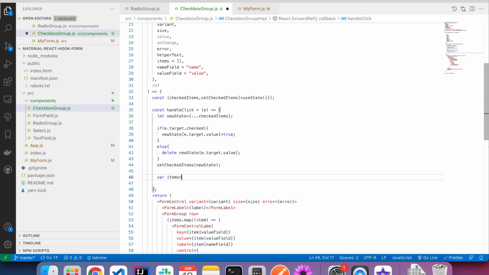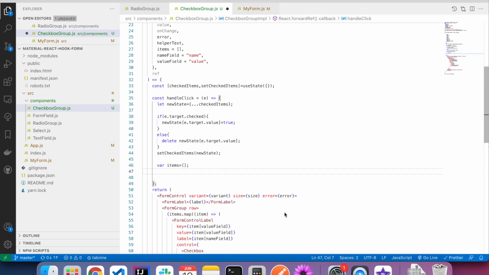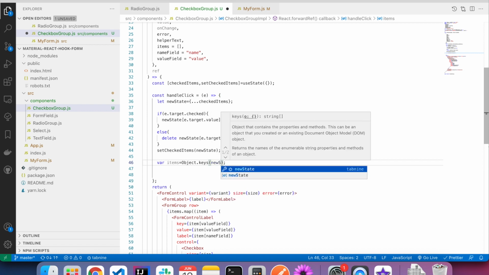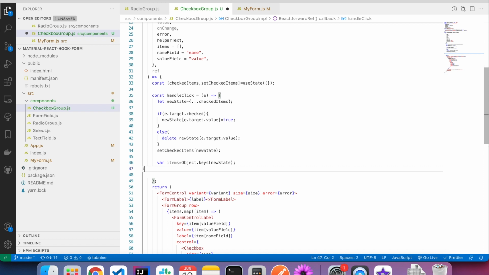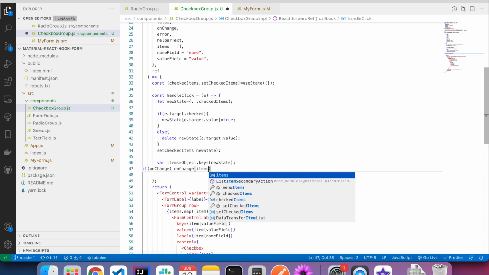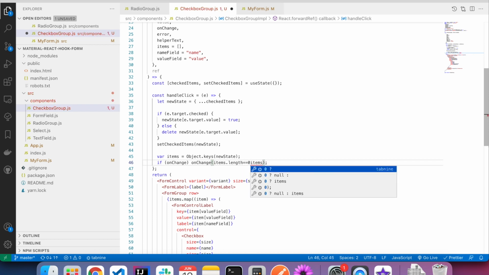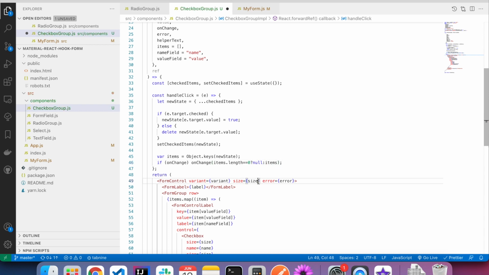So where items equal to array, I can actually get object dot keys of new state, and if on change, then on change items. Basically I'm going to trigger this. If items dot length equal to 0, then I'm going to actually return null, because I don't want to return any value, blank value there.